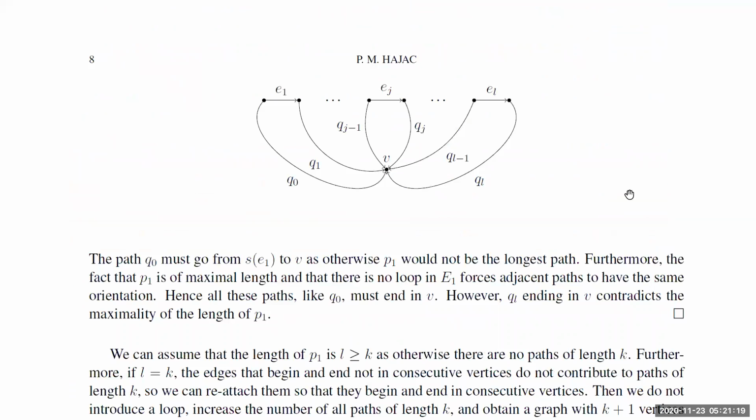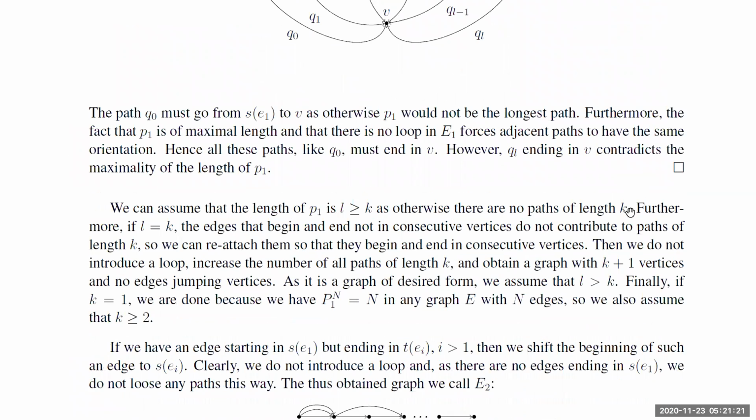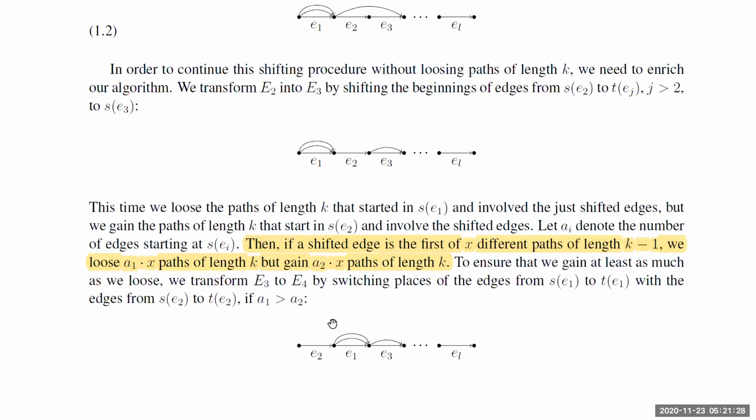this is the situation as on this picture. We have no jumping edges starting at the first vertex or at the second vertex, and the rest is possibly still a mess. However, to iterate the algorithm, we have to do one more step, because it might happen, as it happens here